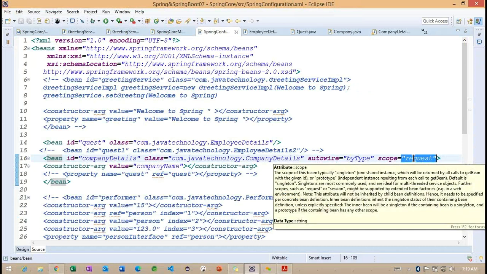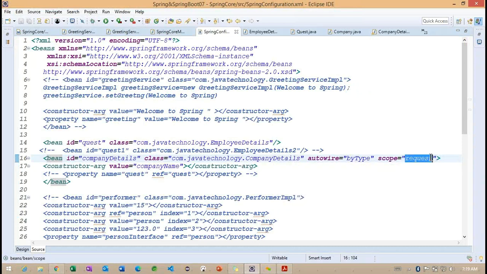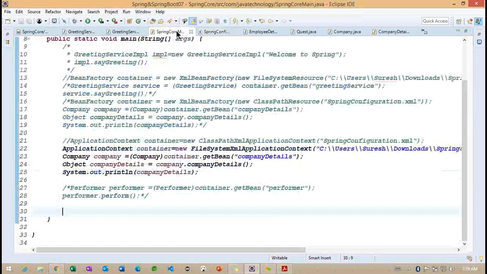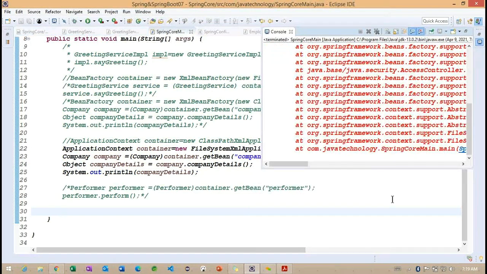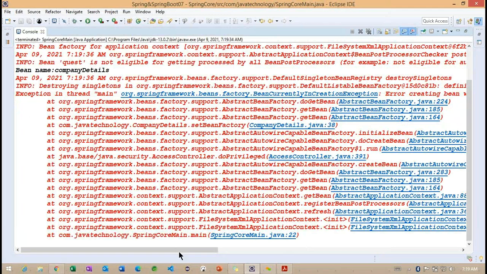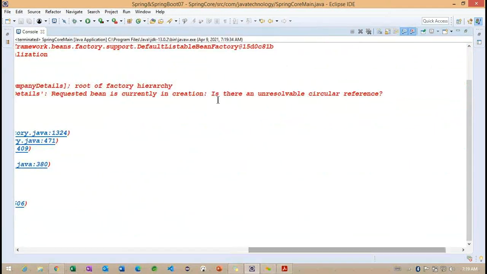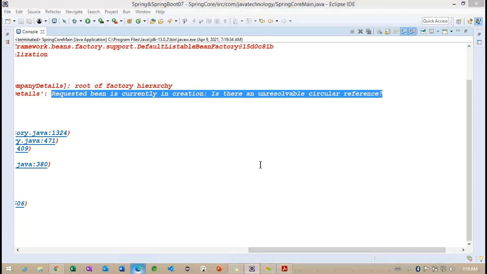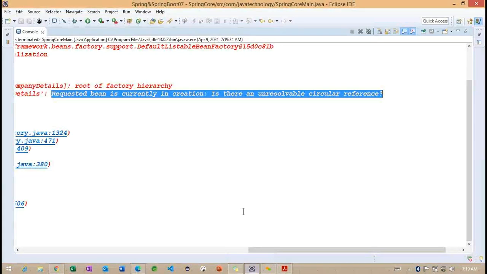What about the prototype? What happens internally? Let me try one more time here. Okay, let me take help from Google. We need to understand why this error is coming. Requested bean is currently in creation.